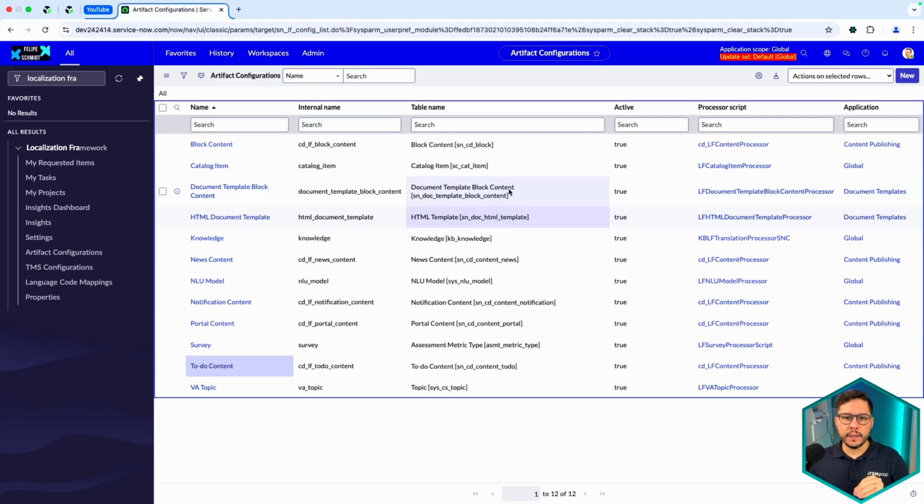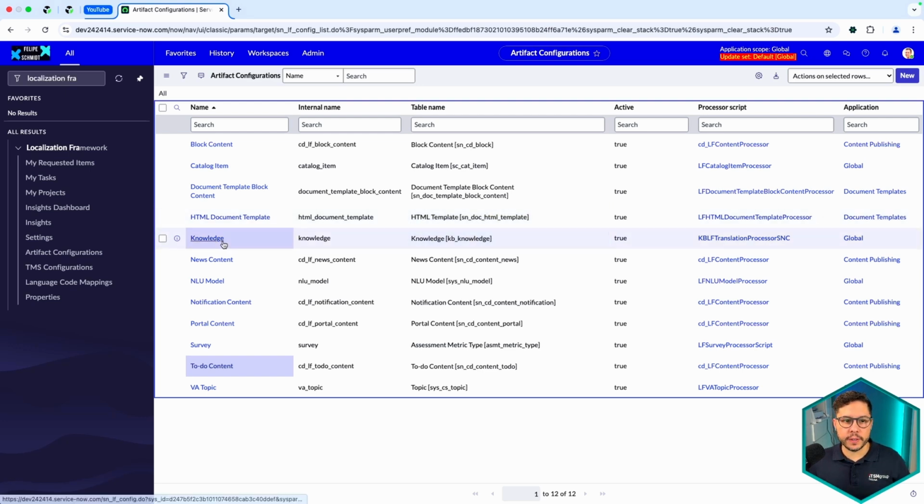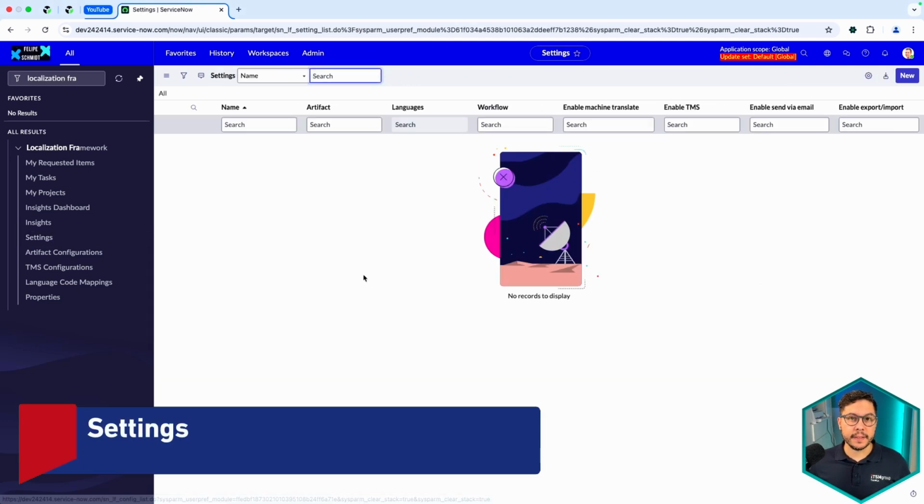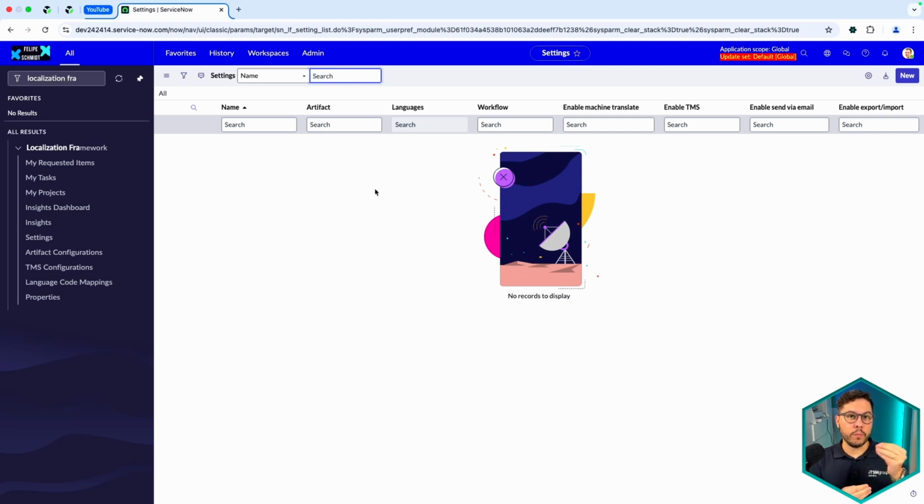Based on that, this is how the localization framework will work in the background. It will sweep for all the content to be translatable in some objects. And to be able to create translations, you need to set up settings. In these settings, you are going to be able to define, for example, if there is some kind of workflow that should be followed in terms of approvals for your translations, or if it should be auto-published as soon as a translation is available. And this is the settings.